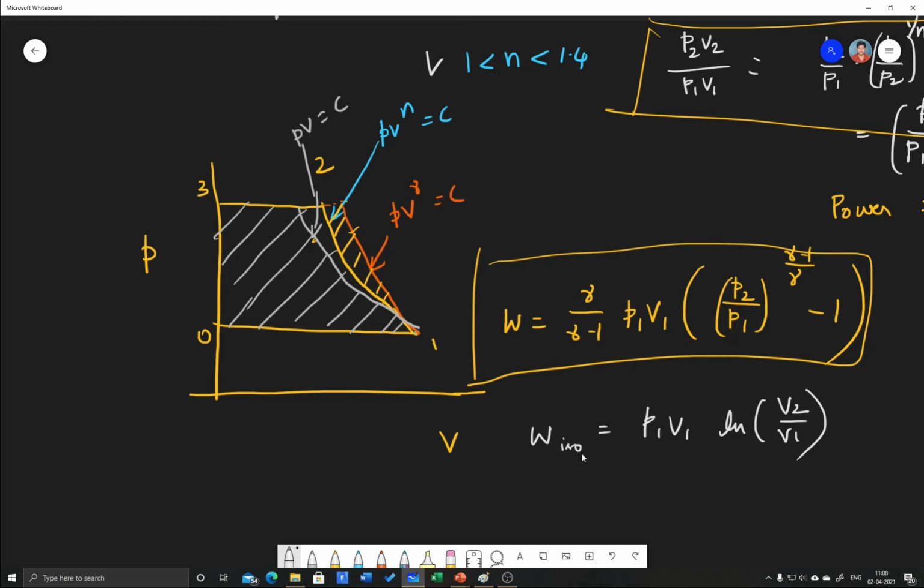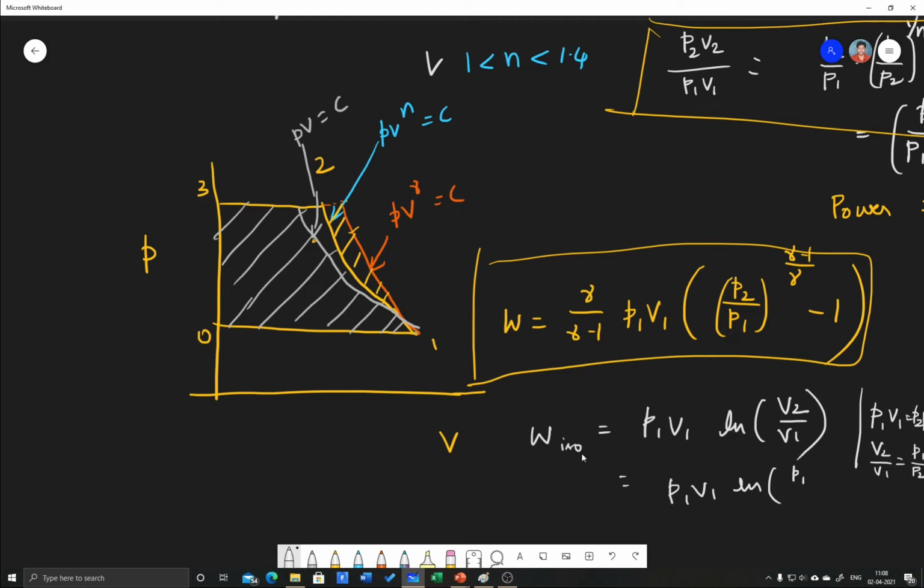So for an isothermal process, PV equals constant, or P1 V1 is equal to P2 V2, or you can write V2 by V1 is equal to P1 by P2. So that can also be done. P1 V1 ln